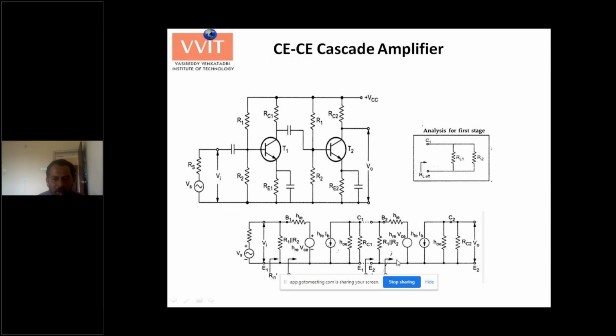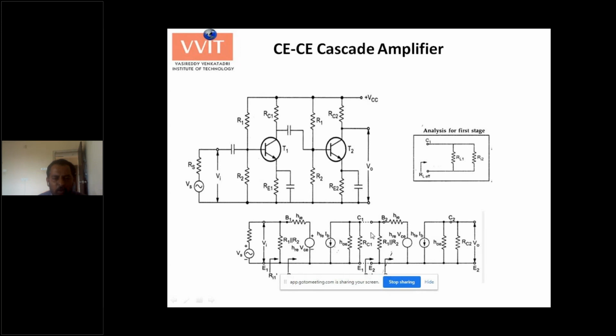Now at the input of stage 2, you have these two biasing resistors R1, R2. Once you draw the AC equivalent, this is connected to ground. You can find these two have to be placed in parallel. This is R1, R2. Once you look in between these two terminals, B2 and E2, you can find the input resistance of the second stage. If you do the same thing from here, that is called the effective input resistance of the second stage. We usually call it Ri2. This is called Ri2 prime. Now here ends the equivalent circuit for the second stage.